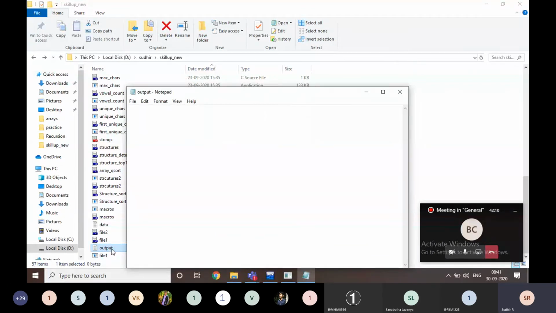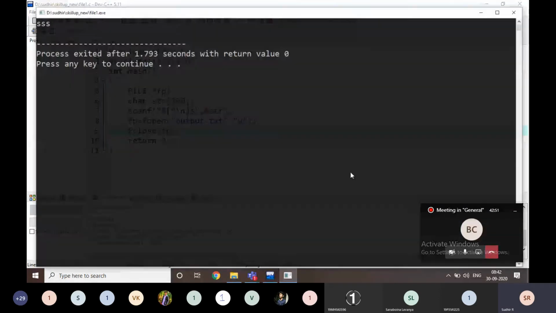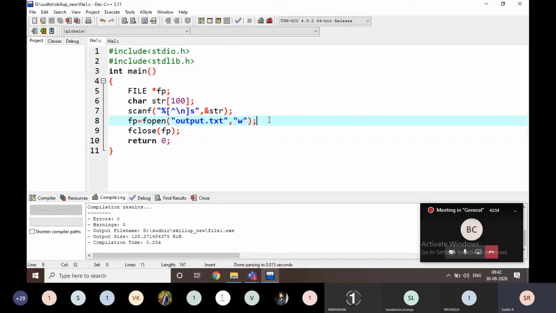If the file is already in the list, it deletes the old file and creates a new file with the same name. That is how W mode works.